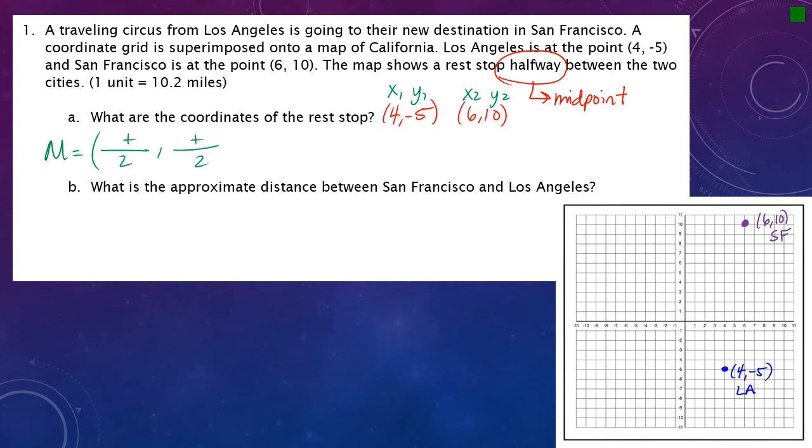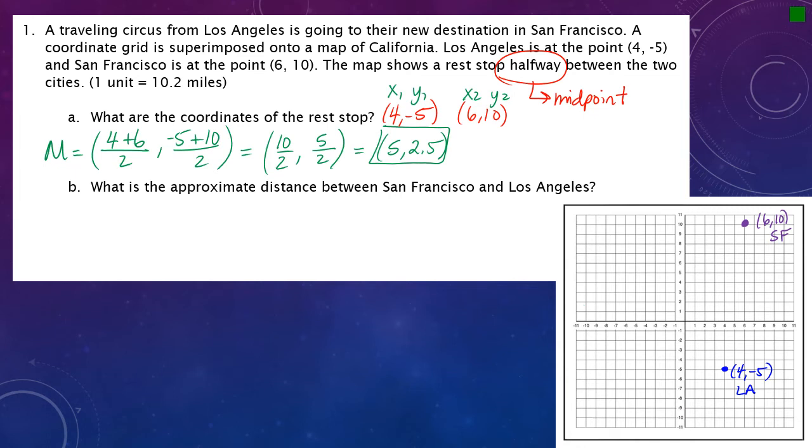So I like to set up my formula, and now I'm going to add my x's. So that would be 4 plus 6, and then I'm going to add my y's. That would be -5 plus 10. Let's see, 4 plus 6 is 10 over 2, and then -5 plus 10 would be 5 over 2. 10 divided by 2 is 5. 5 divided by 2 is not a whole number, it's actually 2.5, and I want to use 2.5, not leave it as a fraction,